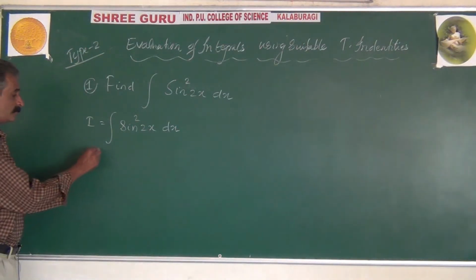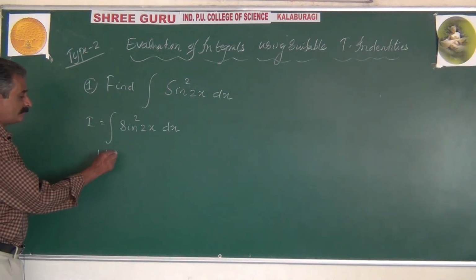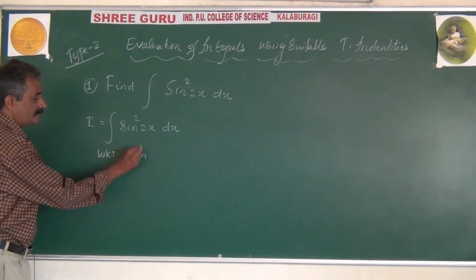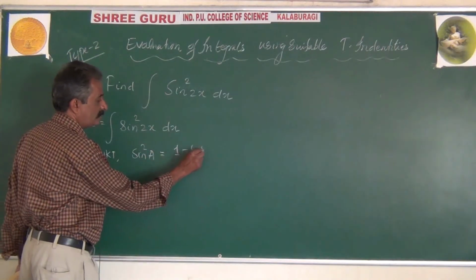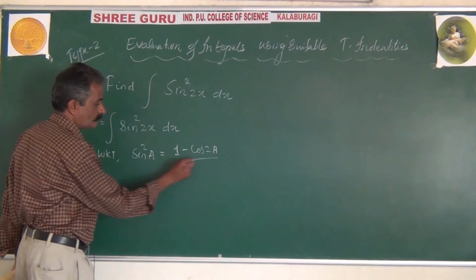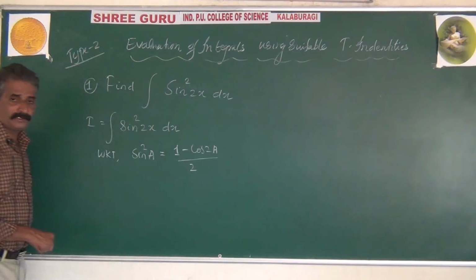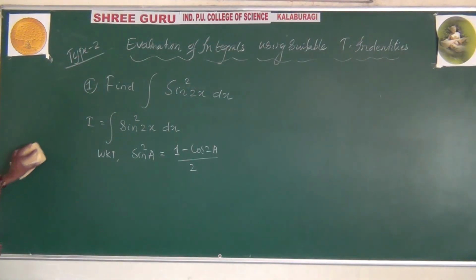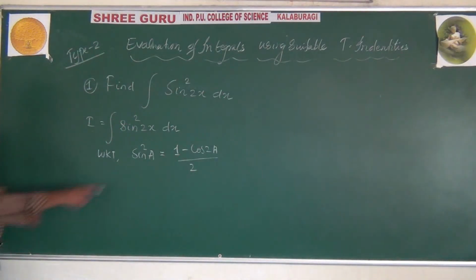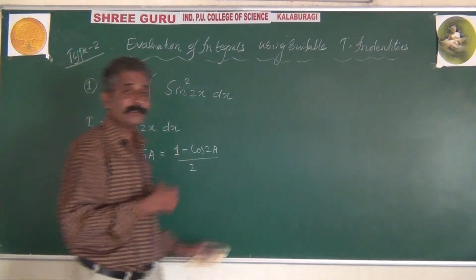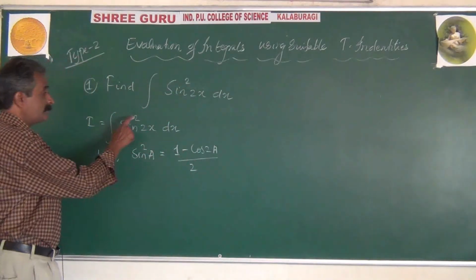That is like this. We know from trigonometry that sin square A equals (1 minus cos 2A) divided by 2, and the cos square formula is (1 plus cos 2A) by 2. Using this formula is the only suitable way. Other things are not suitable. Even though sin square can be written as 1 minus cos square, it is not helpful because we don't want this power.